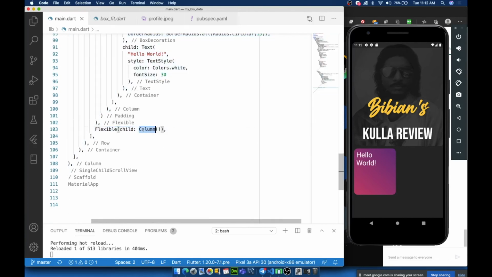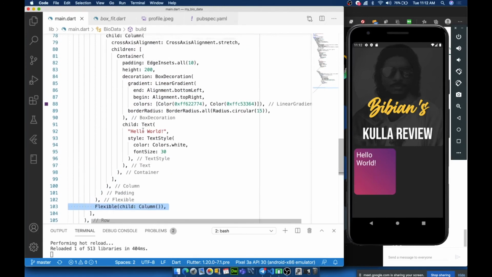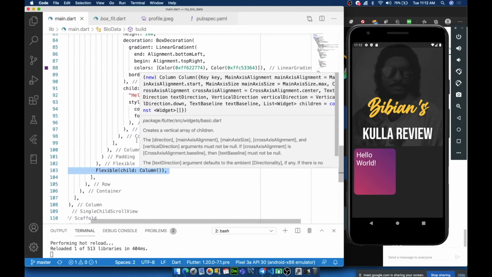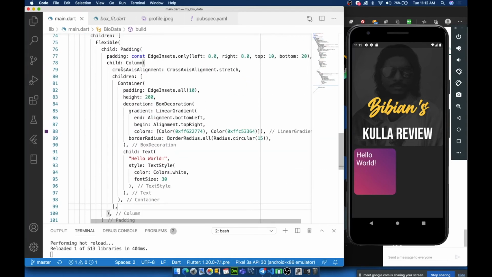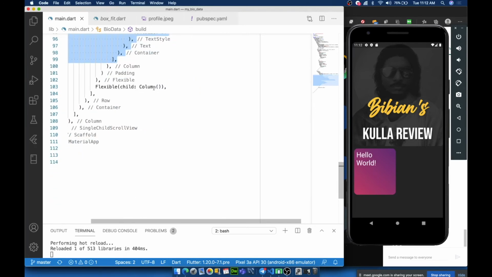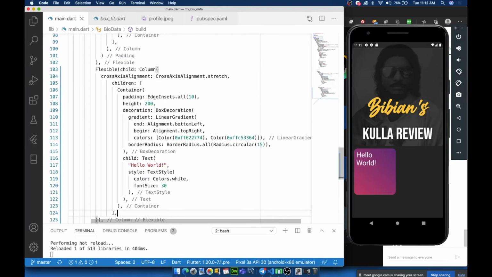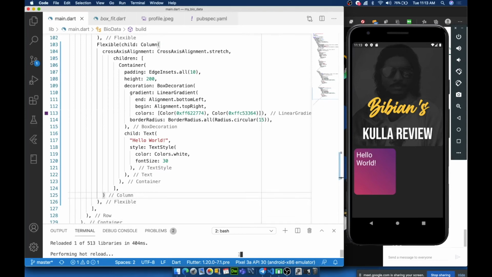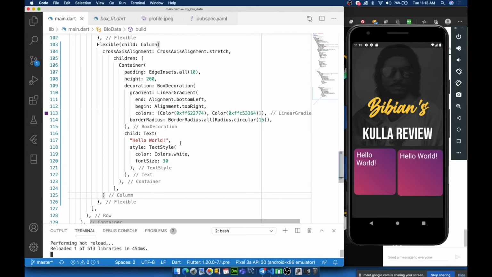What you can do is just try to copy paste the same container to the second column and see how the output is. That seems a little off.